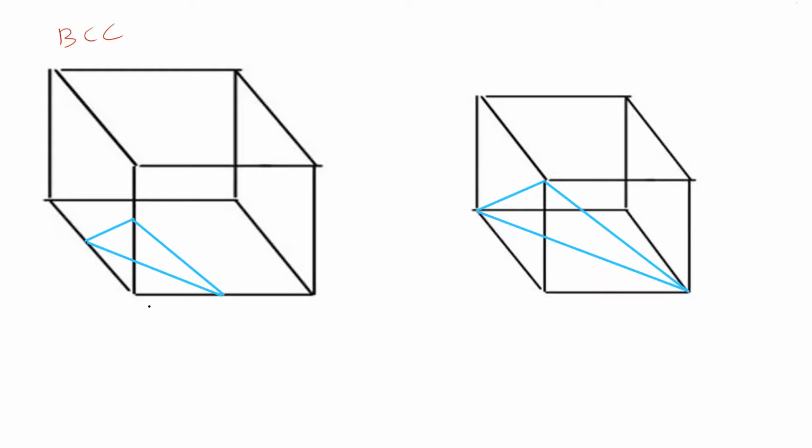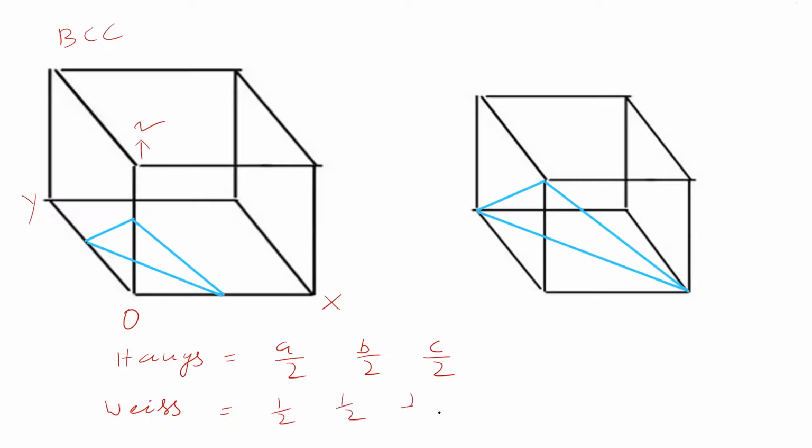Therefore now we will take this as the origin. It is the x-axis. It is the y-axis. This we will take as the z-axis. Now we will give the intercepts. The intercepts are, in the x-axis a by 2, in the y-axis b by 2, in the z-axis c by 2. Okay. So we will see the Y's indices. The Y's indices are 1 by 2, 1 by 2, 1 by 2. The Miller indices we can say are 2, 2, 2. So it is coming under such and such plane. In Miller indices, which plane is it coming under? The 2, 2, 2 plane. Now we will go to the whiteboard.